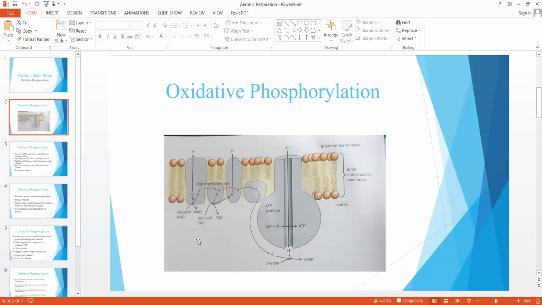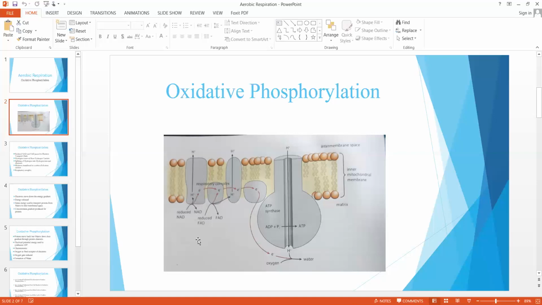So I will describe it once again. Reduced NAD molecules and reduced FAD molecules are passed to the electron transport chain, or oxidative phosphorylation. Over here, hydrogen is removed from all the hydrogen carrier molecules. Obviously, we can understand that once the hydrogen is removed, these hydrogen carrier molecules become oxidized once again. Now we have to see what happens to the hydrogen which has been removed from these hydrogen carrier molecules.